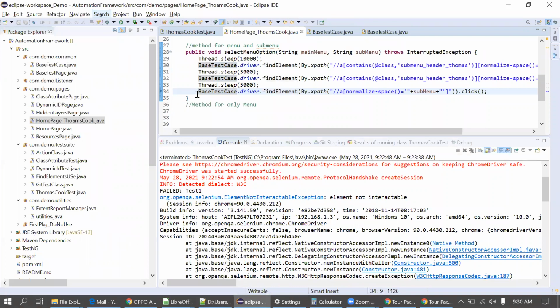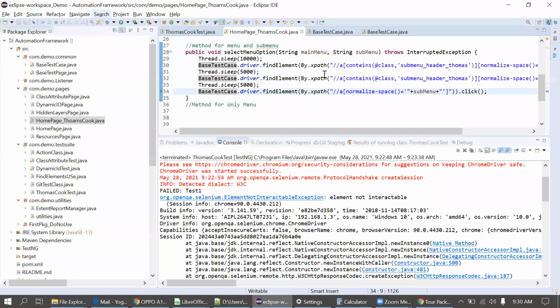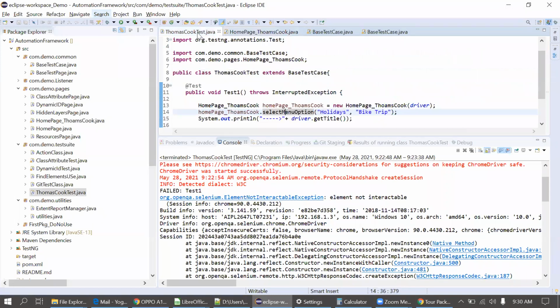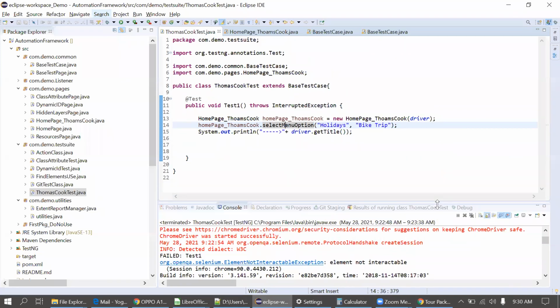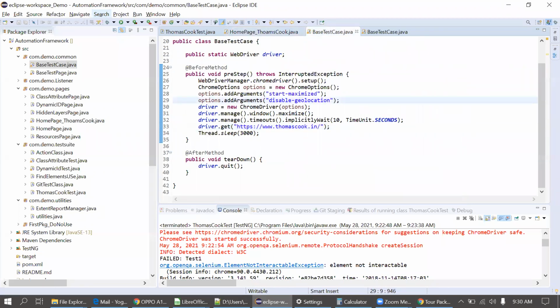One thing, you have used the Chrome option and you have disabled the geolocation, right? Yes, but when it is opening, why is it showing the geolocation? No, it was not showing the geolocation. It was a notification window actually. I just messed up initially. Geolocation is a different thing. I'll comment out that geolocation code now, and I will show you what the output is. It's in the base class. Okay, I'm commenting this code. I'll execute this.